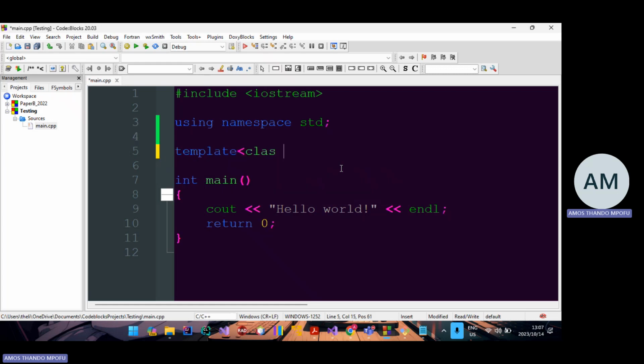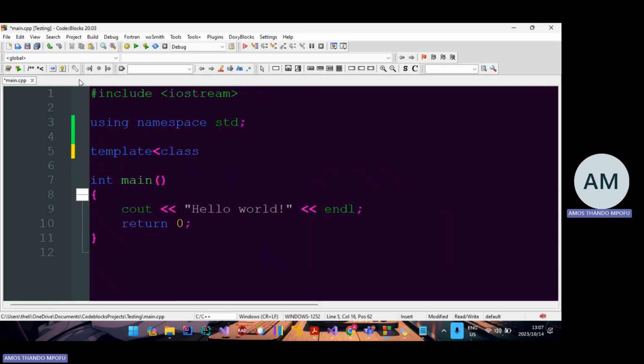You can also use the class keyword. Because remember, at the end of the day, when you create a class, you're defining a new type, right? So that's why the class keyword works there. So I can say class or typename, but class, I feel like a lot of